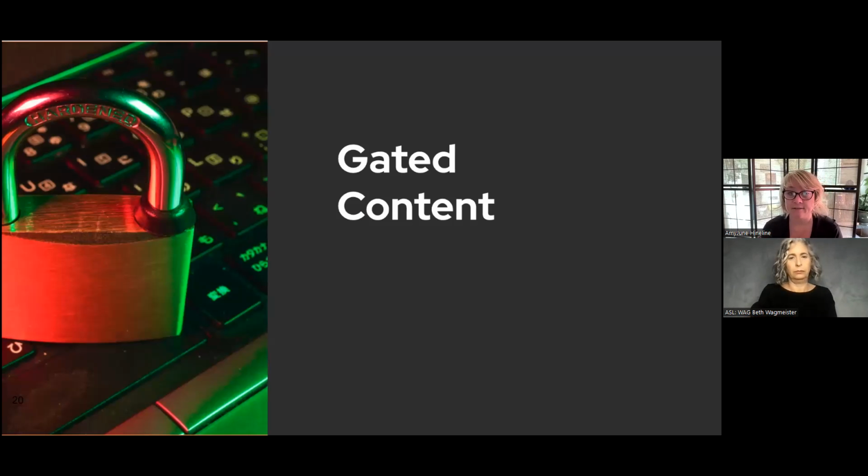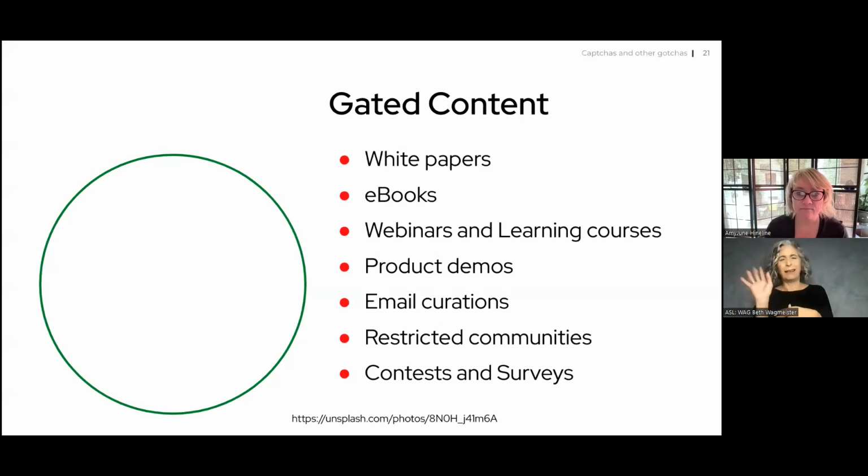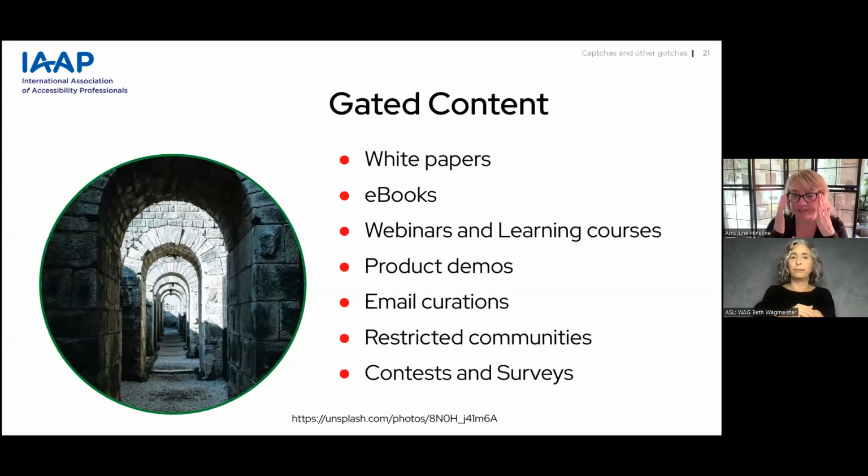So gated content. Gated content requires a user to complete a form or purchase a subscription to get to the content. You have to do some gatekeeping. So gated content can be online materials like white papers, articles, and videos that require users to fill out a form before they can access them. White papers, marketers create white papers to educate the audience about a particular issue or explain or promote a particular methodology. We have ebooks. These are our electronic books.